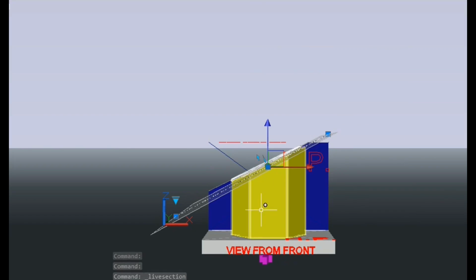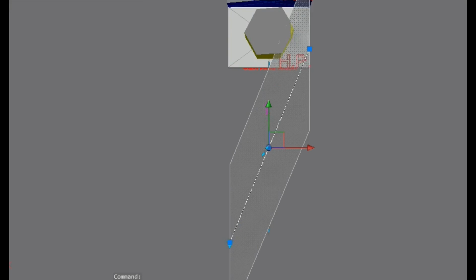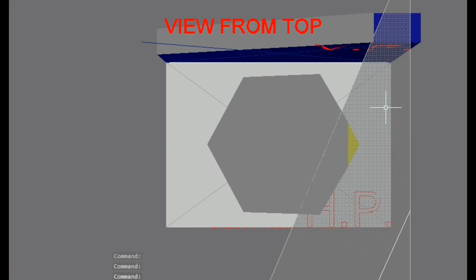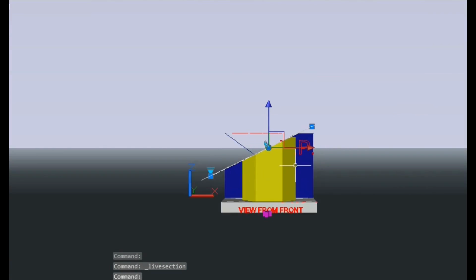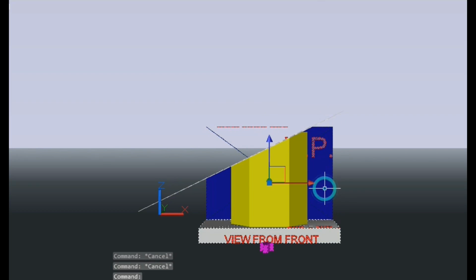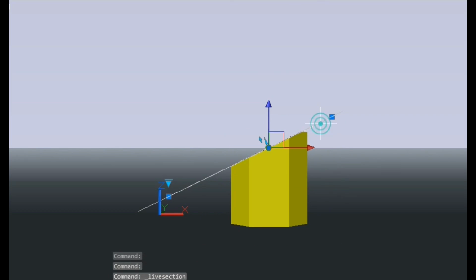So this is going to be our final front view, and you can see if you cut with the section plane, this is going to be your top view. You can see some portion in yellowish color which remains even after cutting. So I will erase the planes here. Now you can see. As you can see now, this is going to be our final front view and top view.